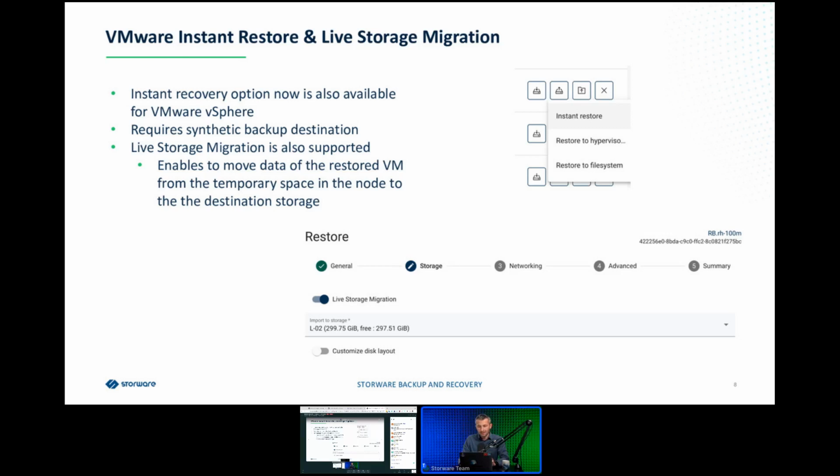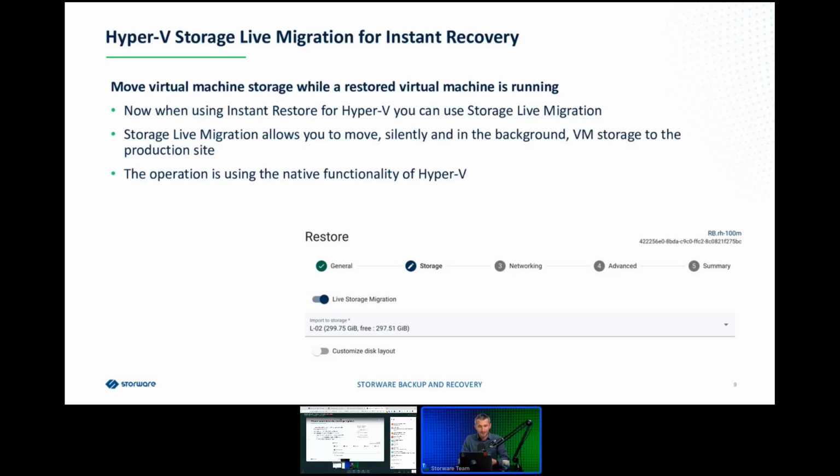You will see that right now the instant restore is available for Hyper-V, VMware, KVM-based hypervisors, RHV, OLVM, and OpenStack. Like I said before, we provide the same feature for Hyper-V. We introduced the instant restore before. Right now, we added the storage live migration. It's important because when you